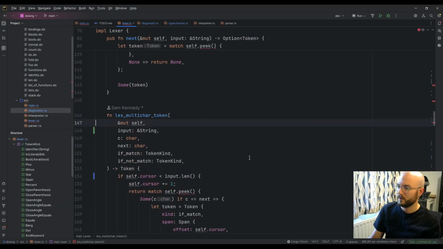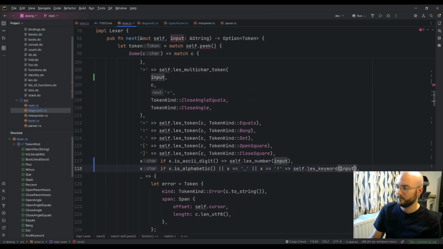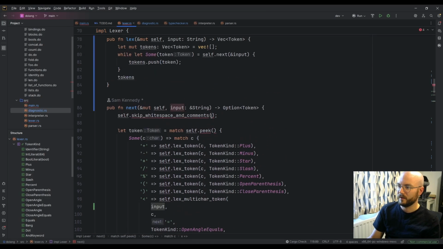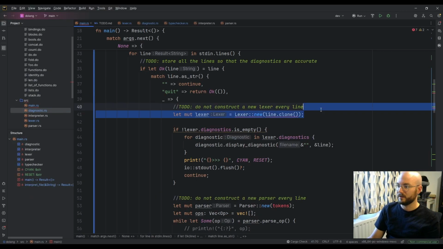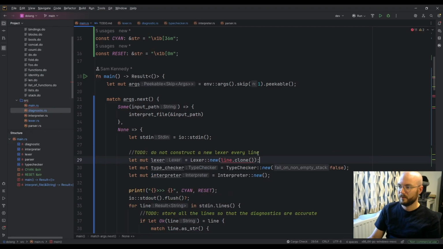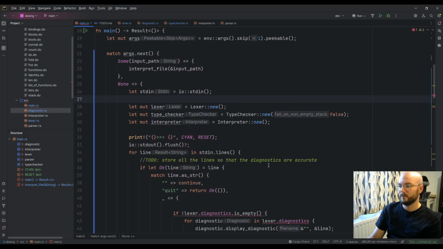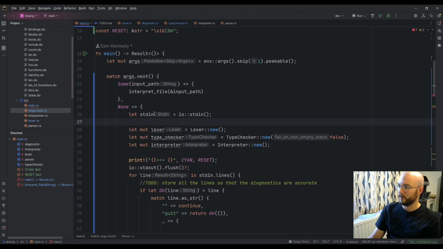Okay, we're unhappy up here, because we need to pass input. And we're unhappy here, because we need to pass the input. And then we're unhappy here, because we need to pass input. And then the Lexer is happy. So now we can yoink the Lexer out from here, put it here, and we don't need to pass it the input. Very cool.